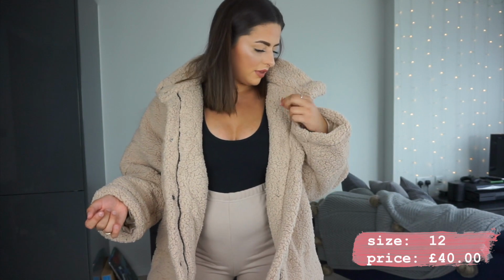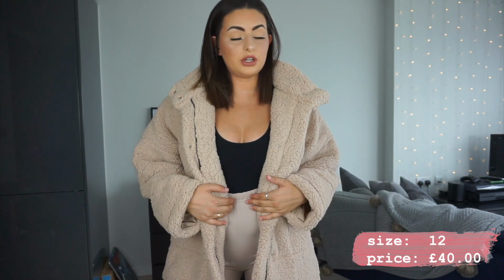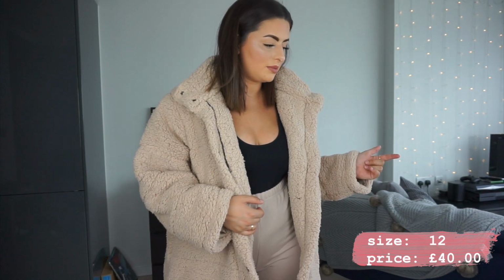Like I thought, I don't think I would necessarily pair it with these joggers to go out the house in for a day out. I reckon if I was running to the shop and couldn't be asked to get changed, this is probably what I would look like if you spotted me in Tesco or something. Oh, there's a bit of that red skirt that I tried on earlier. But yeah, I think this 100% talks for itself. This would look really cute with those blue jeans actually, and maybe some trainers,